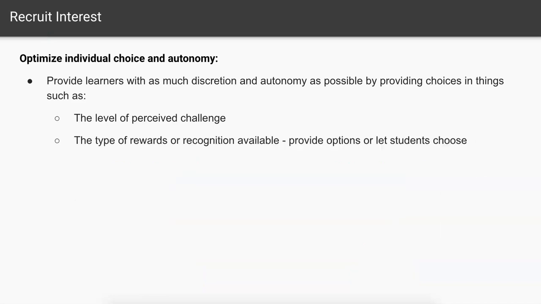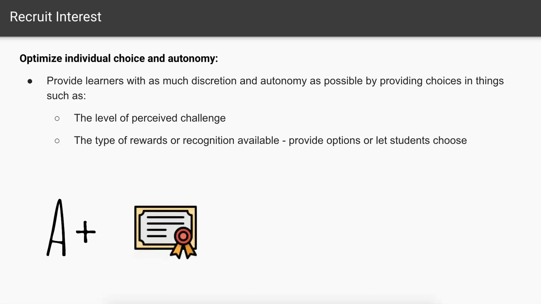You'll also want to optimize the choice and autonomy in the type of rewards or recognition available in your class. So provide options or let students choose. So for example, you just typically give letter grades out, but that may not be as motivating for some students as it is to others. So offering things like a certificate as a reward instead of a grade, or maybe featuring someone's work or research in the school newspaper, or maybe, for instance, they design a poster or an advertisement and you put it in the newspaper or post it around